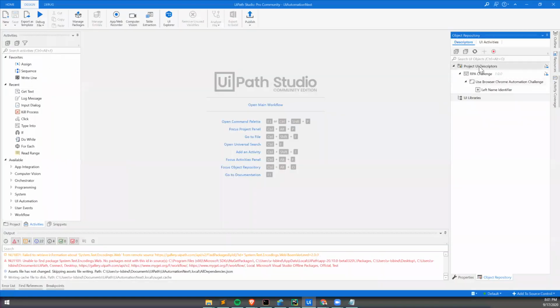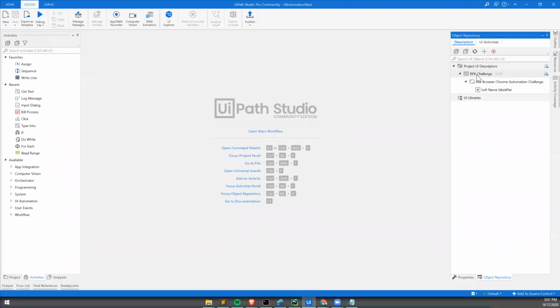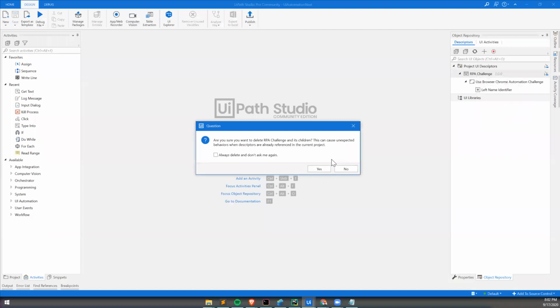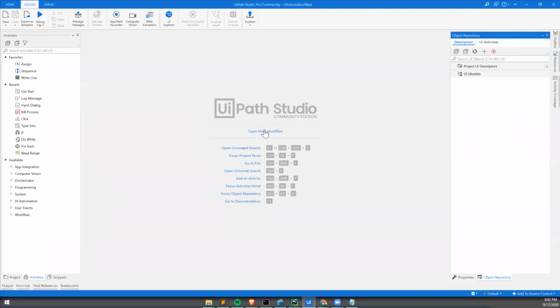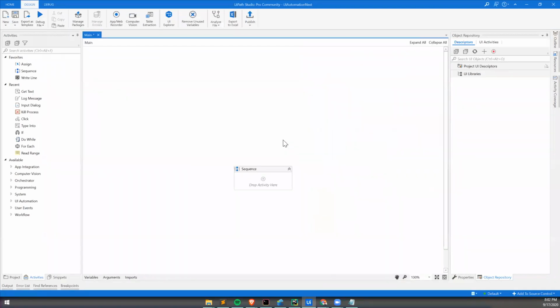Okay, with that opened up, let me minimize this. What I'm going to do is delete the existing identifiers that we defined earlier. I'm going to open the main workflow and delete this as well. Now, in order to import a UI library, you need to go to manage